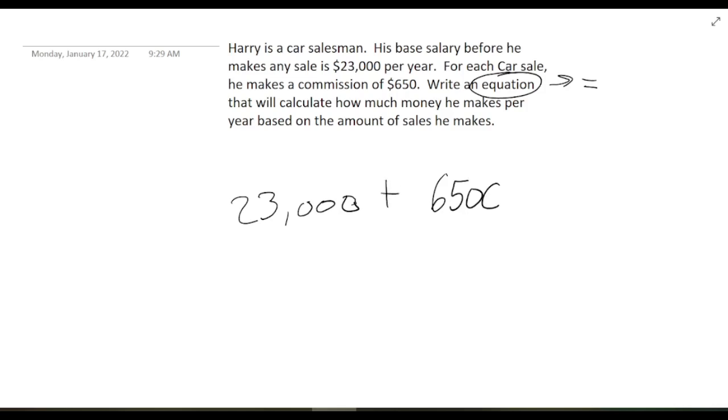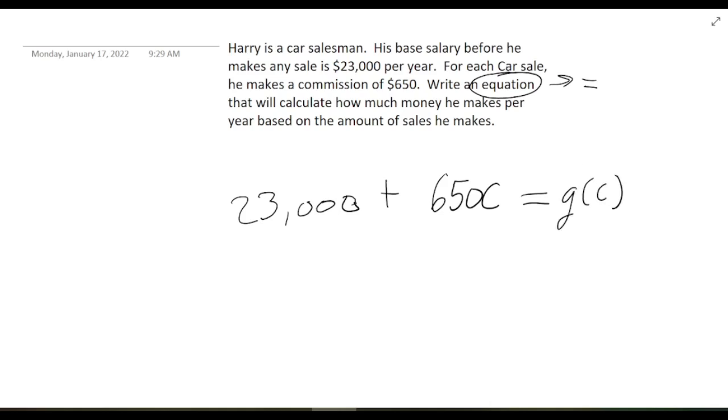So in any given year, we know for sure he's making $23,000, and depending on how many cars he sells that year, he's going to make $650 times that amount of cars. So we know that this is going to be his yearly salary. This is how much he makes in any given year. So we can set that to y. We could technically set this to any variable or even a function. Like we could set this to g of c,